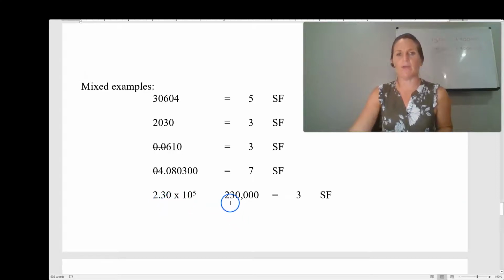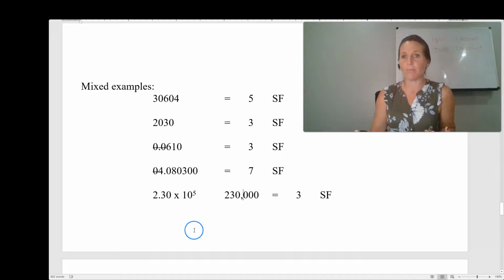That's 230, and then we move the decimal place 5 places to the right. 1, 2, 3, 4, 5. So that makes 230,000, but with only 3 significant figures. So this is a way that scientific notation can help us represent a number with the appropriate number of significant